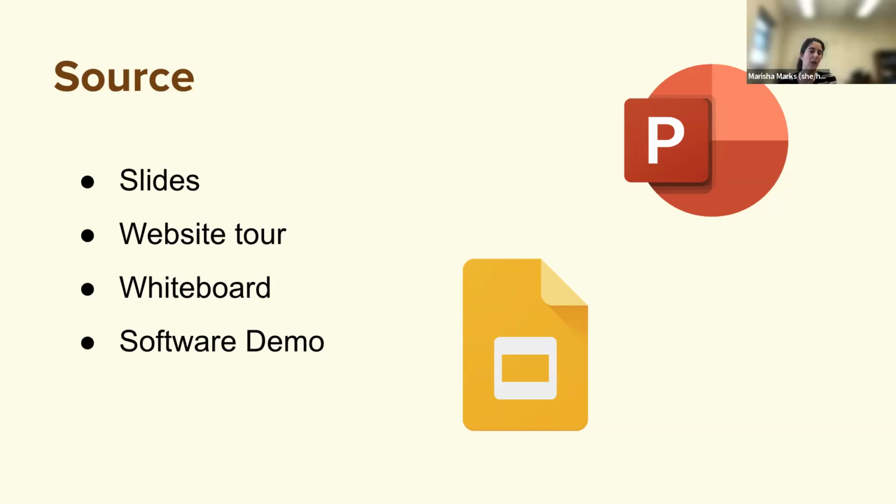So if there's a website that's relevant to your field, you may actually just be talking while you're walking through the website. Maybe they have to do a project based on the website, or maybe it's just that website is being used as a resource. And there's a whiteboard feature that you can use. So if you wanted to draw anything out, you can essentially do that within PowerPoint or within Google Slides, where you just pull up a blank slide